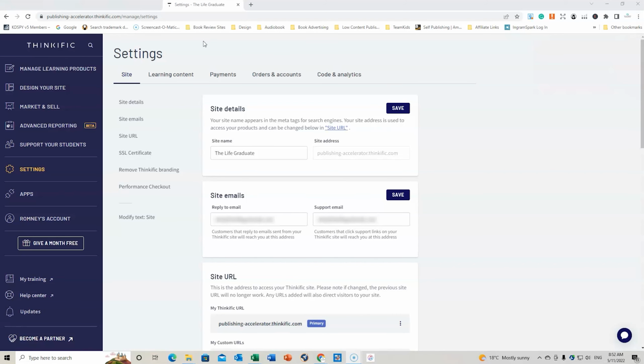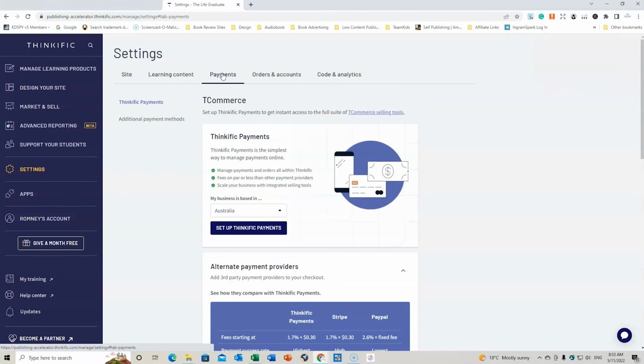When you sign into your dashboard, you need to go down to this area that says Settings. Click on Settings and it will bring you to this page here. You then have the different options for your site, and you can choose those different sites and details there as we went through initially with setting up your account, but we need to go through to payments. We click on payments, and now Thinkific are offering a new way that students or you can set up your payment plans. It's called Thinkific Payments.